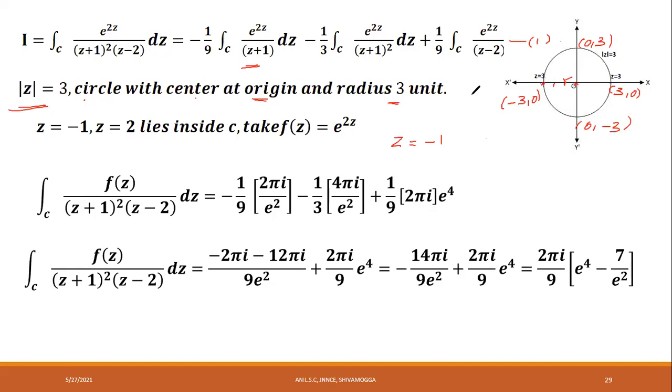This lies inside C. Z plus 1 is equal to 0 means z is equal to minus 1. It lies inside C. Same point. Z is equal to minus 1 lies inside C. Z is equal to 2, this is 1,